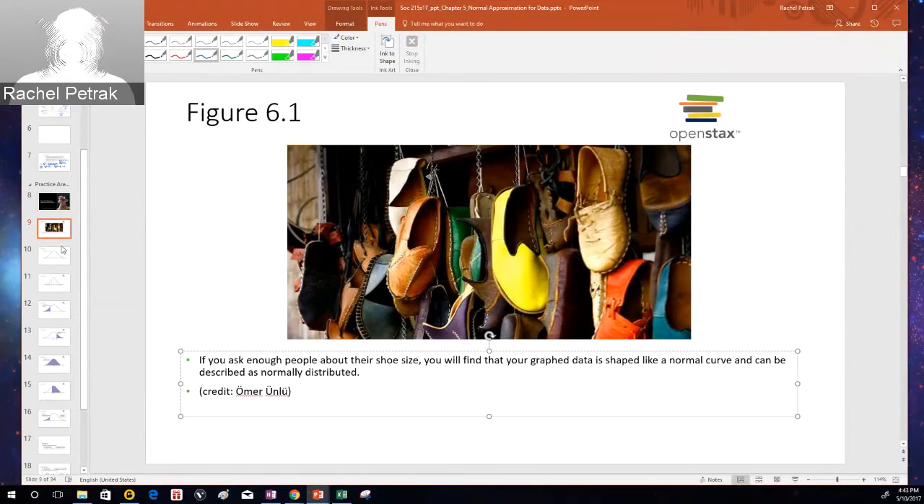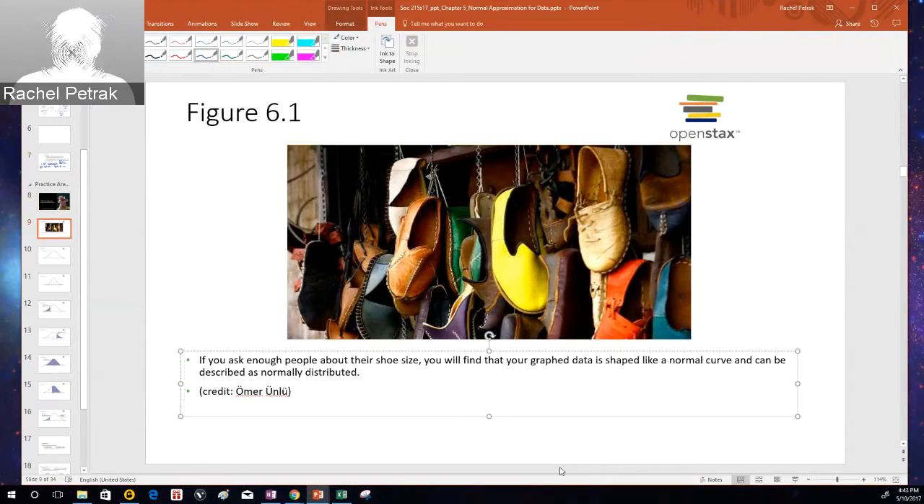And if you have questions when you're looking at it, feel free to ask me. It's more mathematical than our text is. So a fair warning. And here they're making the point that if you ask enough people about their shoe size